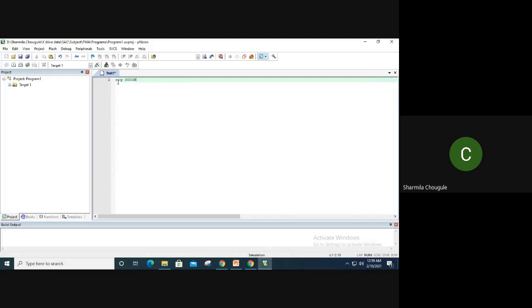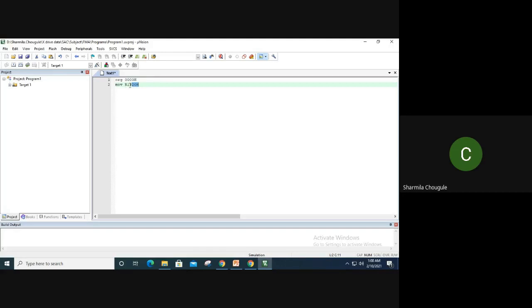The second one is MOV R1, #20h. This instruction set is not completed for you, so you will not be able to understand it yet. It says that this 20 hex is a number which has to be stored in R1. Hash is nothing but the immediate number.